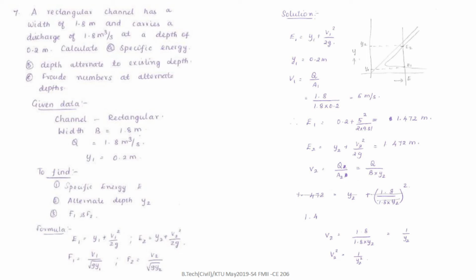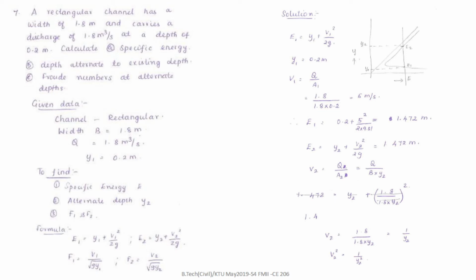At a particular energy, we will have two depths, represented on the y-axis as Y1 and Y2. So for a particular energy, we will have two depths. Those depths are called alternate depths. But in the hydraulic jump, listen carefully, we will have two depths Y1 and Y2, but they are called sequent depths. Here it is alternate depth.